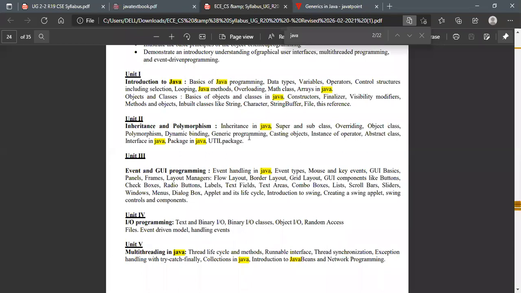We are not going to discuss this one right now, and this one also I'm not going to discuss, and the instanceof operator also. So these three topics I'm going to discuss later, after abstract class, interfaces, packages and the util package. After this, I'm going to discuss all about this one. Because I think all of these aren't included over here. Okay, we are going to discuss the abstract class.